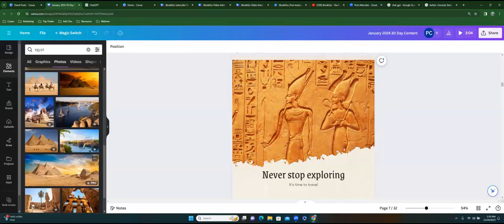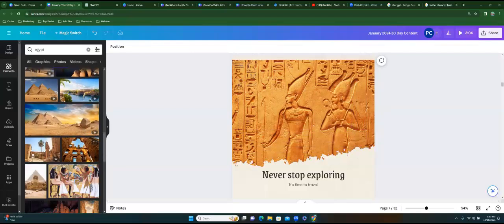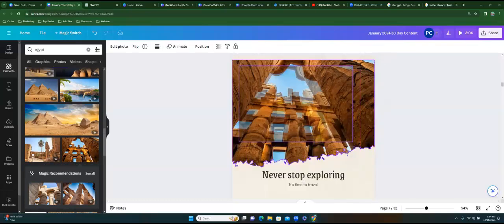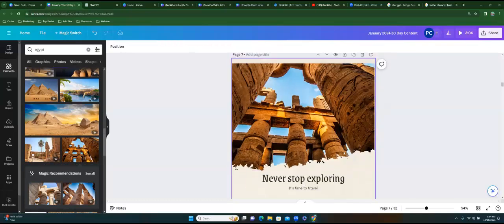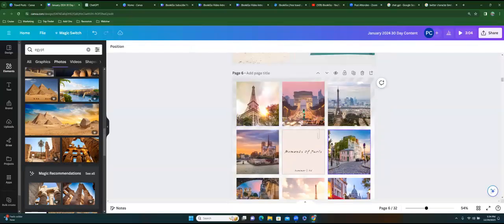That way you don't have to use the exact. Oh, this is kind of cute too. Let's see what that looks like. Ooh, I think I like that one better. Yeah, we'll do that. So even with these pictures of Paris, because, you know, this was a template that I